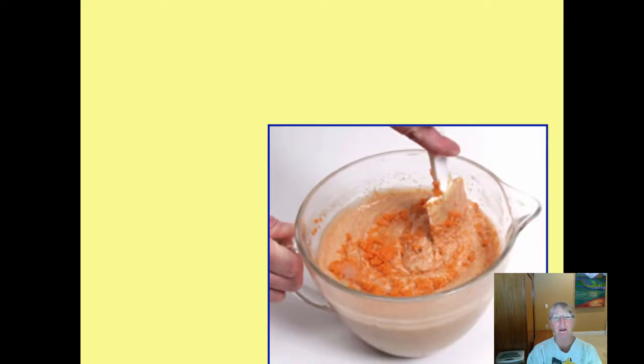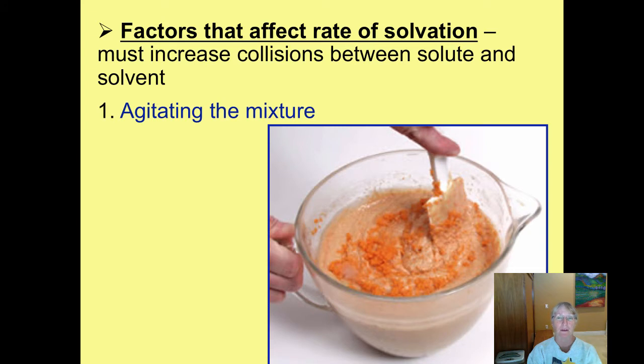There are several factors that can influence the rate of solvation. For example, agitation or stirring. Obviously, anything that can increase the collisions between a solute and a solvent will increase the rate at which the solute dissolves. Quick detour: solute is the thing being dissolved, solvent is the substance doing the dissolving. Many of our examples show a solid solute being dissolved in a liquid solvent, but it doesn't always have to be that way. So here's someone making the ingredients of, I don't know what, carrot cake, dissolving in each other